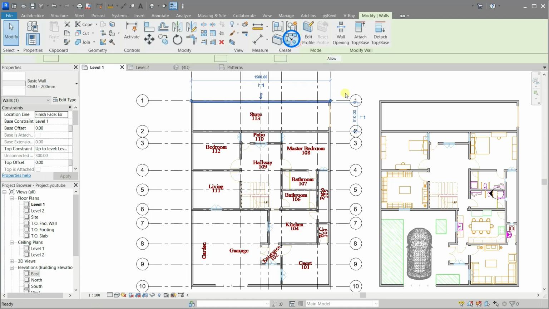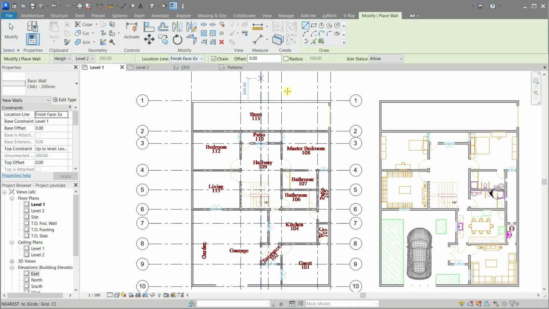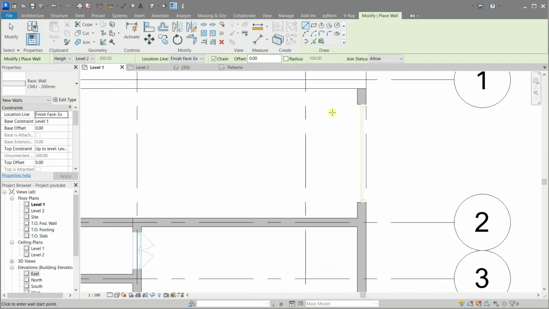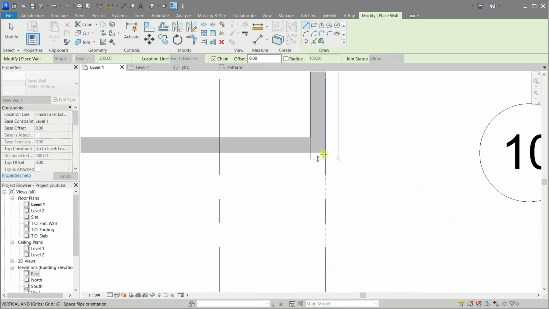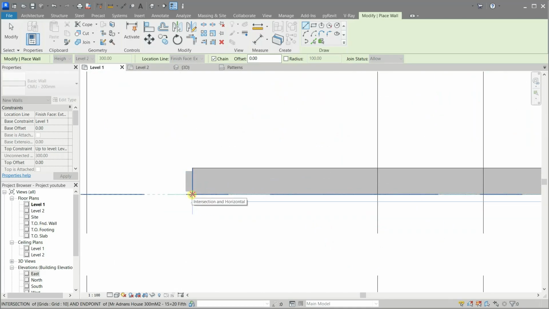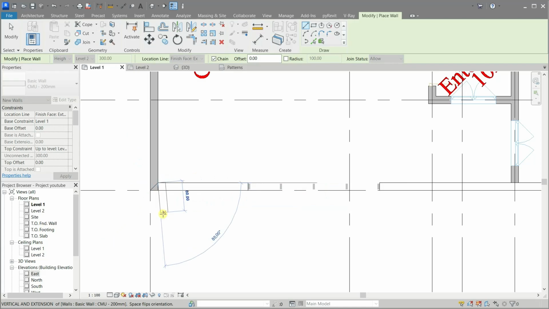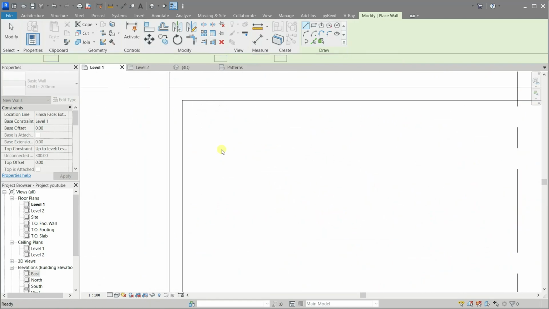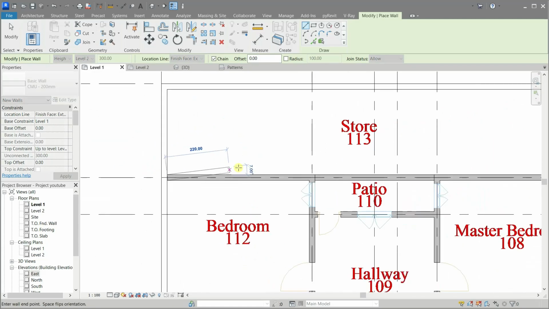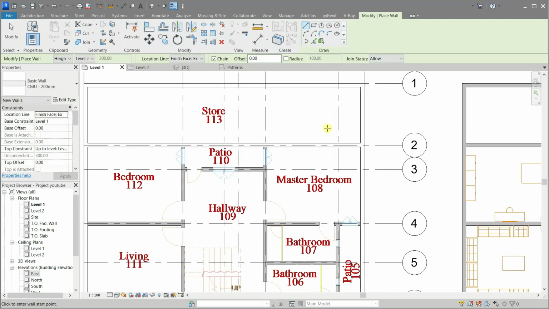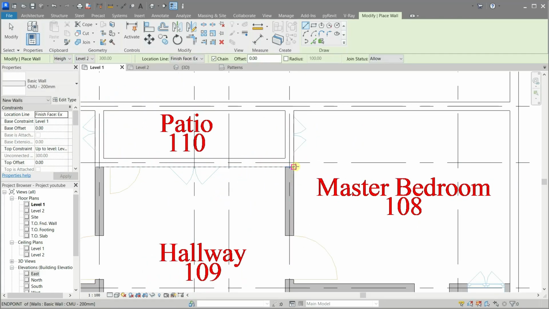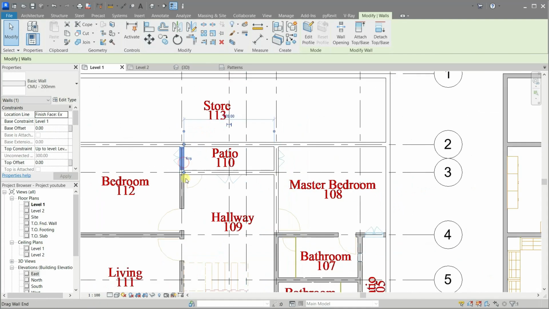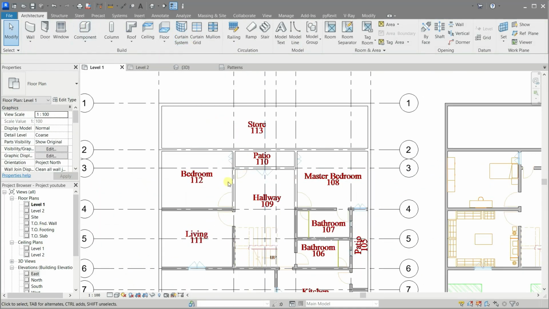Click Create Similar and let's create the remaining walls. Keep in mind while you are moving the cursor, if you notice that the wall is not properly aligned to its facing wall in the link, just press the spacebar to change its orientation. Try to make as long walls as possible for now.